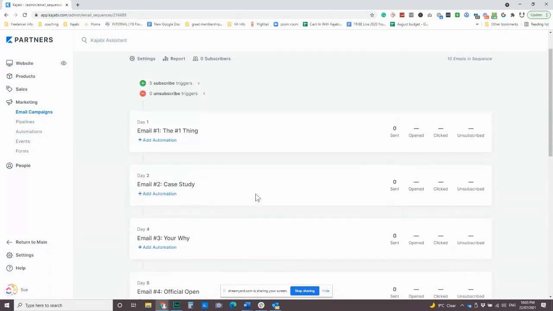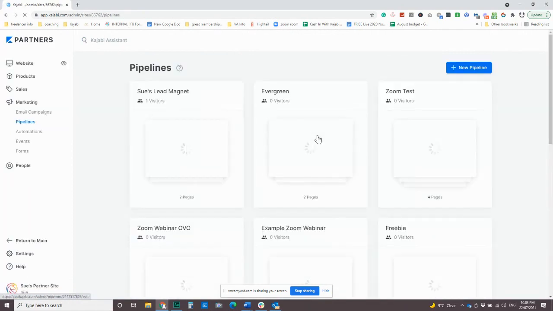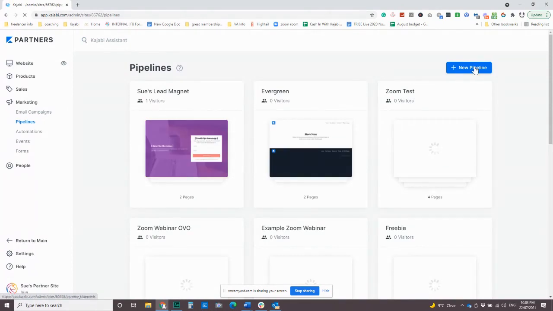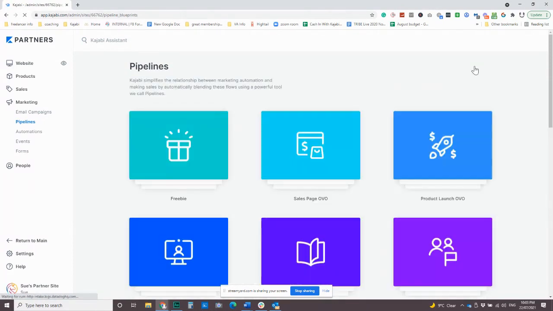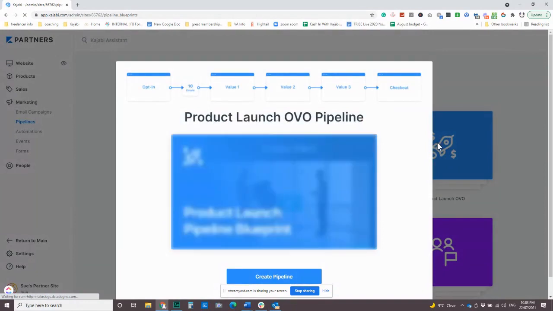And you can get some ideas of how you can actually do the sales by setting up your pipeline. If you're like, well, what do I do? How do I sell that? It's really cool. Kajabi has got these pipelines in here and it's going to give you examples. Now, you might not want to follow it exactly, but it'll give you an idea of the type of thing that you could put. So if you go into this product launch OVO,